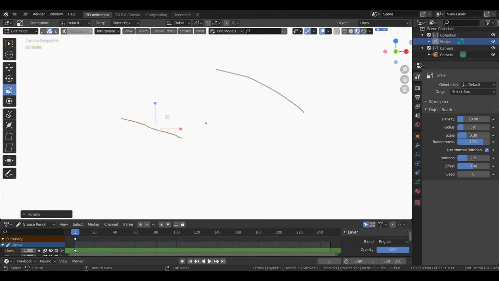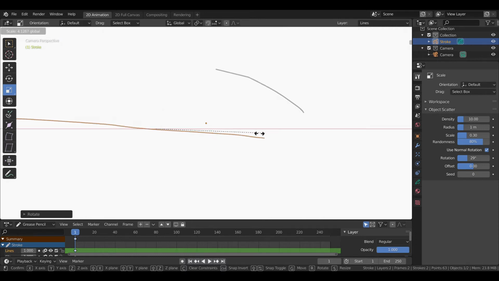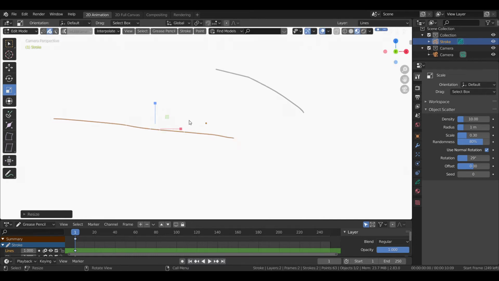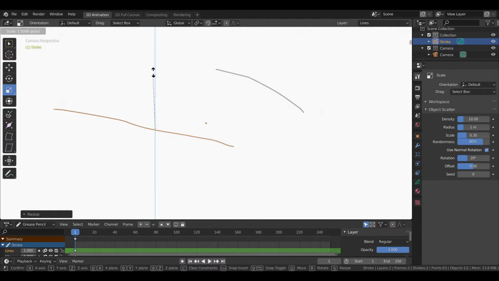Then scale. With scale, we could make any stroke bigger or smaller. When you press this red line, we could make it longer, and when you press this line that is pointing up, we could make it even bigger or taller.